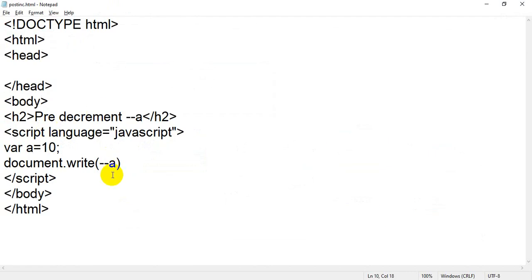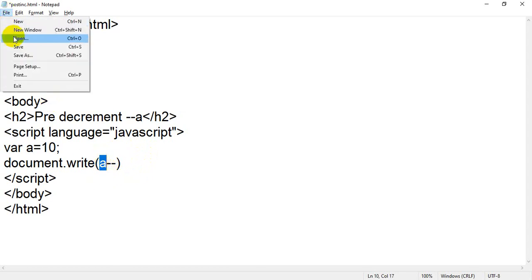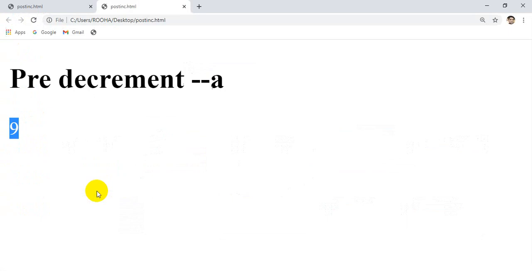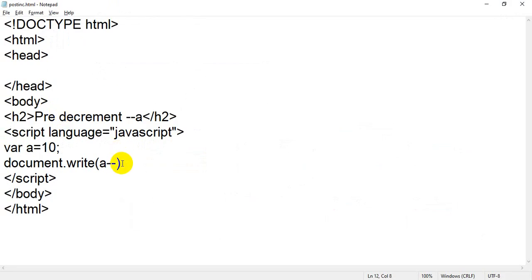In the same way, if I write it in this manner, that is post-decrement. In post-decrement, first it displays the value of a and then it performs the calculation, meaning then it decreases. But you cannot see the decreased value, so you will get the result as 10 only. Let me refresh. Because first it displays the value, then it decreases. If you want to see the final value, just add one more